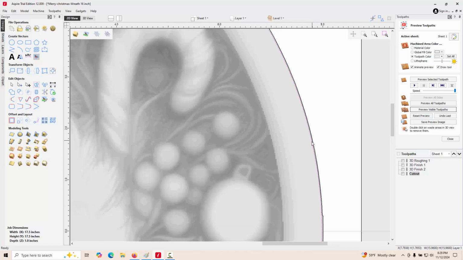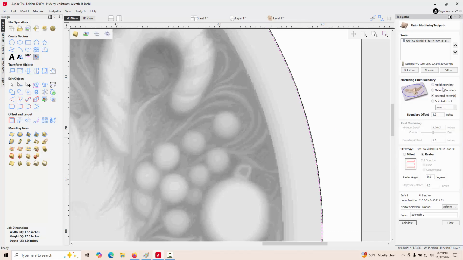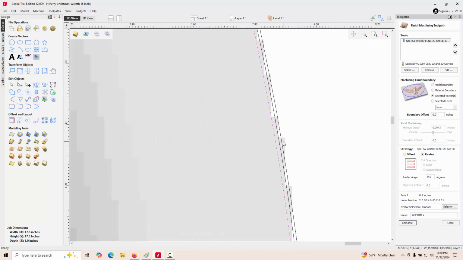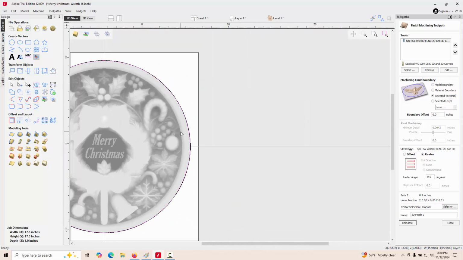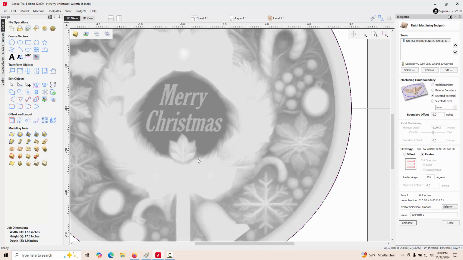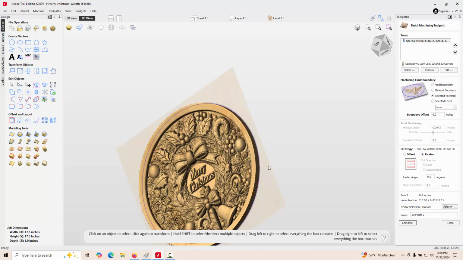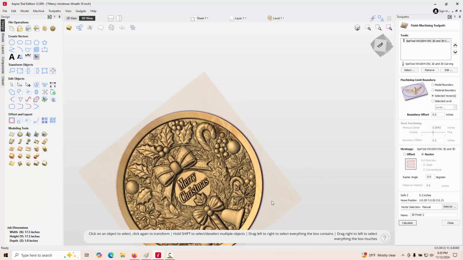But just by bringing the profile vector, or as it says, the machining limit boundary, we're selecting a vector that we made. We're not relying on the STL file or whatever was imported to make this, because it's an amazing STL file. I'm not going to lie, it's an amazing 3D model, but we told it where we wanted it to cut,